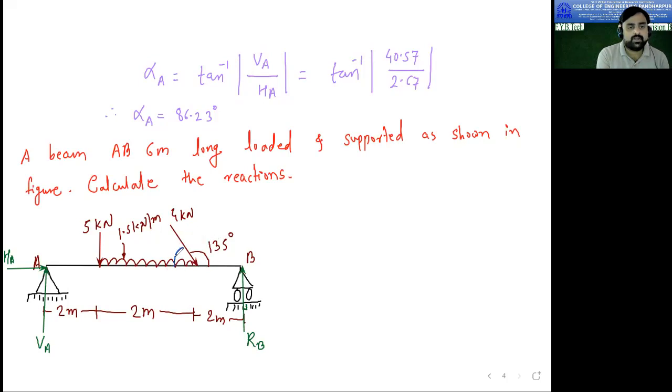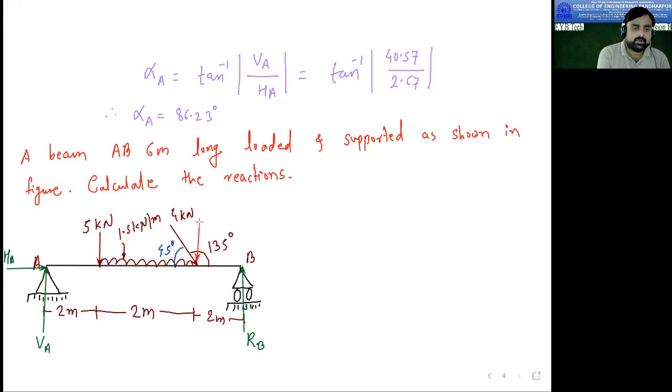This total is 180. 180 minus 135. What is the angle? 45. Okay. So this angle is 45 degree. Now this angle 45 degree is less than 90 degree. So that we can resolve the force now. So now if I resolve it,